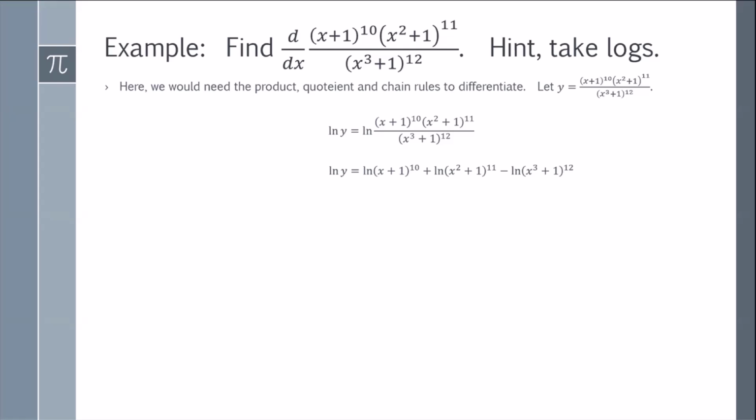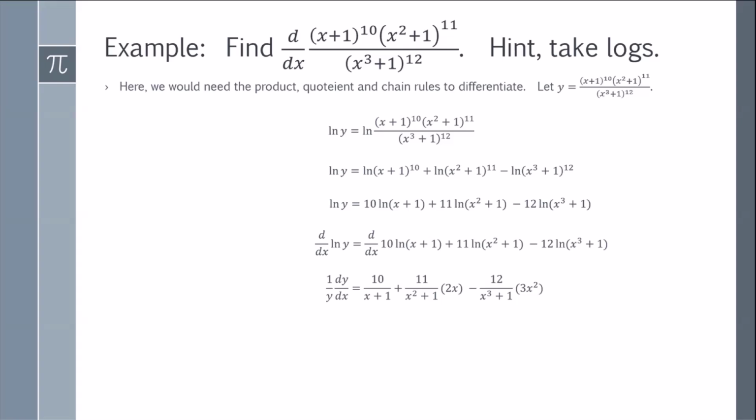We can further take advantage of the log properties by remembering that if we have a log of something to an exponent, we can bring the exponent out front. So this simplifies the right side a lot. If we differentiate both sides then, the derivative of log y is going to be 1 over y times dy dx. And we differentiate each term on the right to get 10 times the derivative of log of x plus 1,